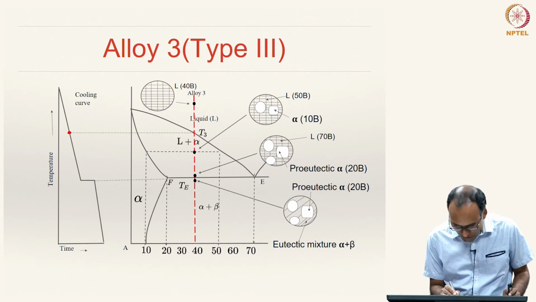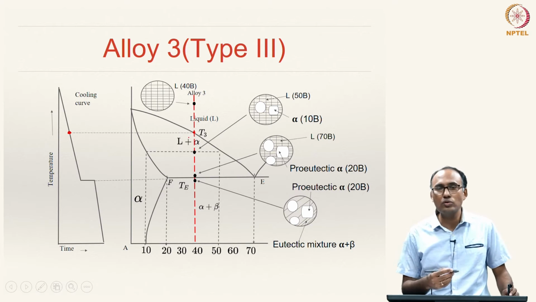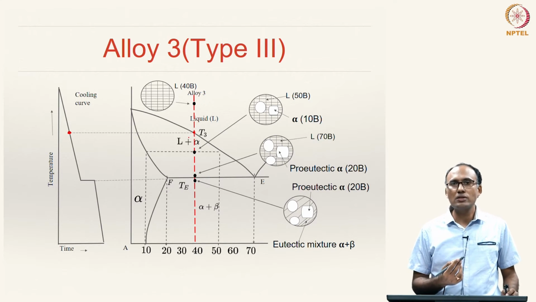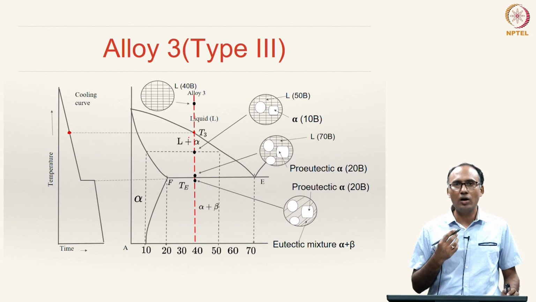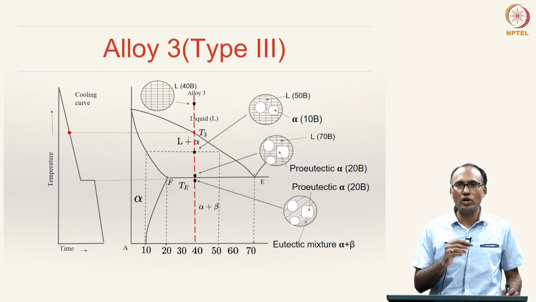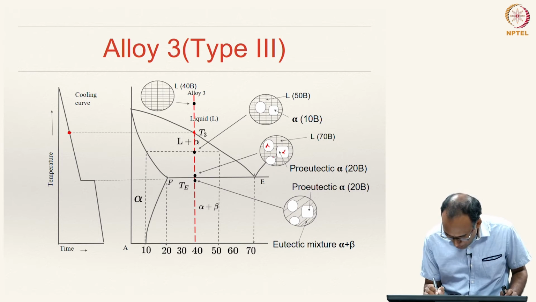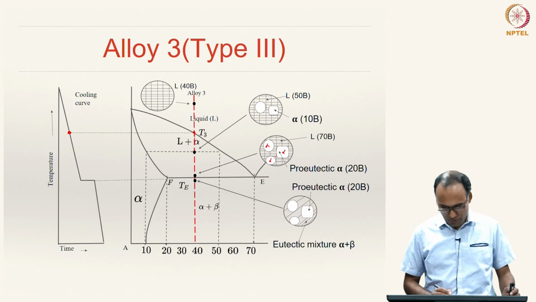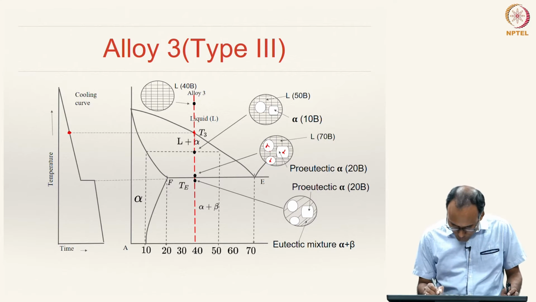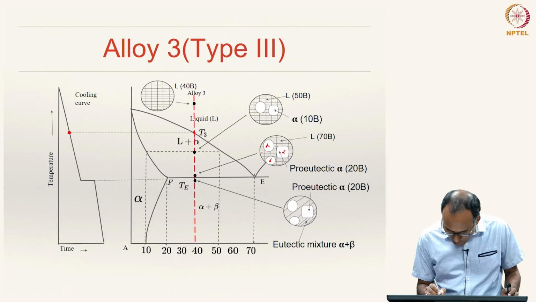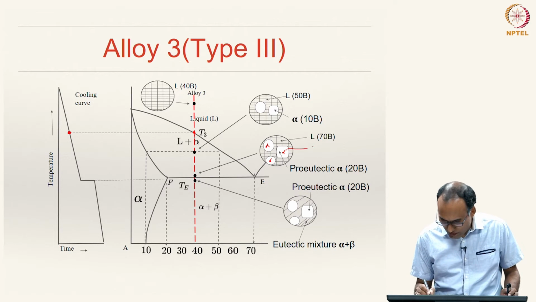The liquid solidifies not into pure A, but into a solid solution of type alpha, which means a solid solution of B in A. So, alpha is a solid solution which is rich in A, right. So, it solidifies into alpha. Alpha crystals will be formed and they grow over time, and then the remaining liquid. By the time you are here you have some amount of liquid and the remainder is proeutectic alpha. It is called primary alpha or proeutectic alpha.